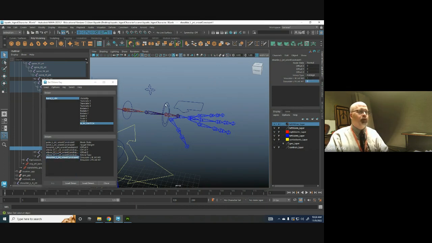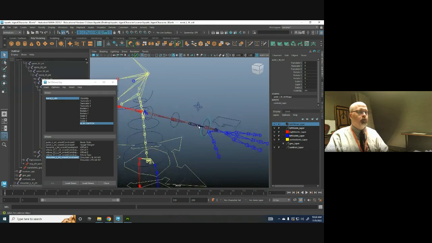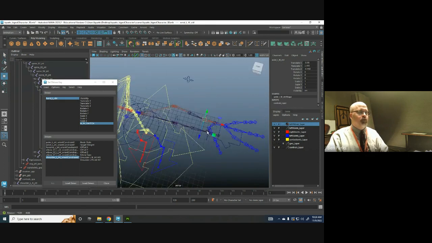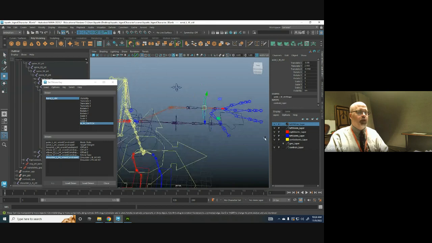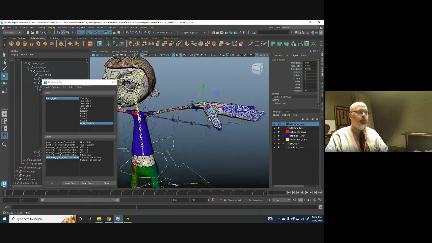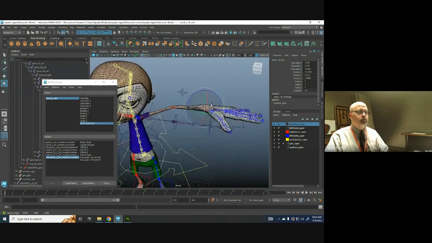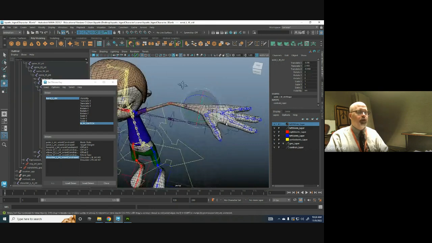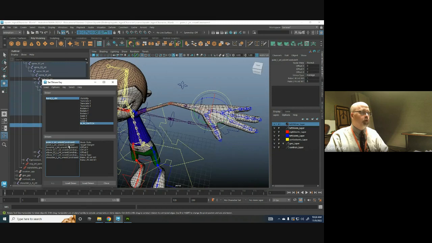So I've turned my FK off. I'm just going to go ahead and test position of my IK. There it is. And if you want to look at it with Geo, there it is. Works. Okay, it's all on IK. So now that these are all set only to IK, I can highlight